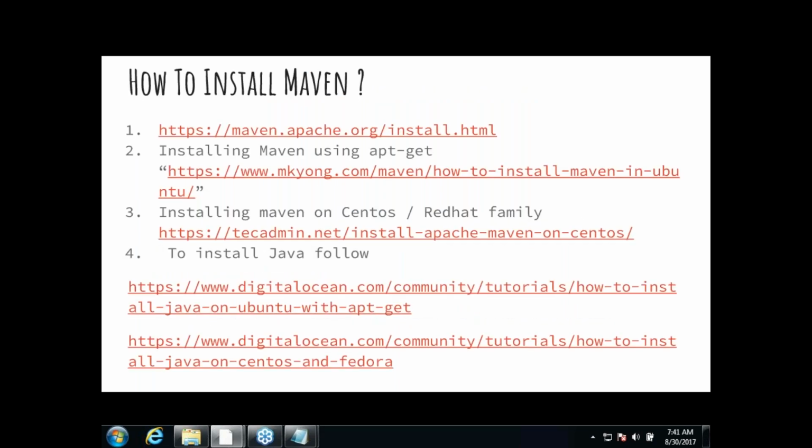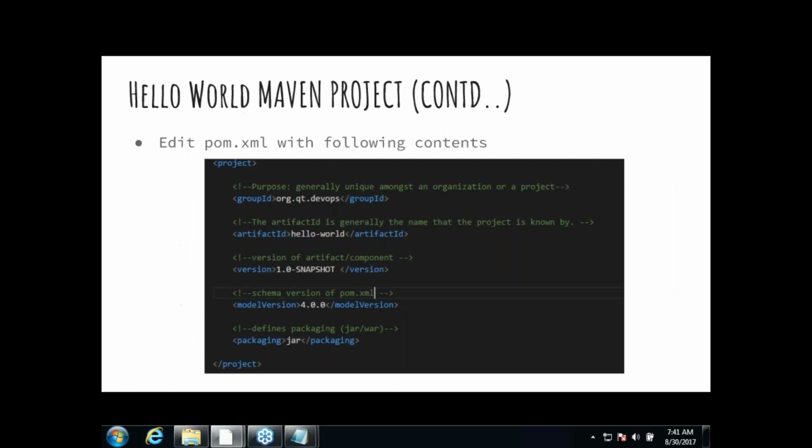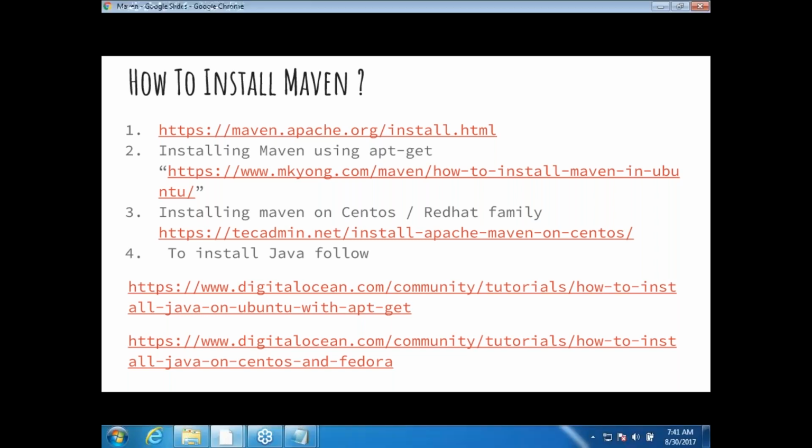Okay, so fine. How do I install Maven? There are multiple steps, and we would be using some of these to really install it. Okay, fine. And then we would be building a very simple Maven project to understand how your developers will write. Okay, you would never be doing this, but let us just try to understand this so that we can come to know what is written in that file. Okay, so let's get started.